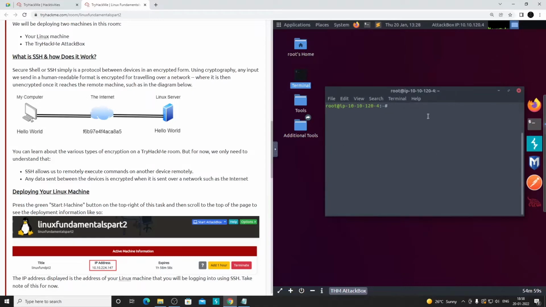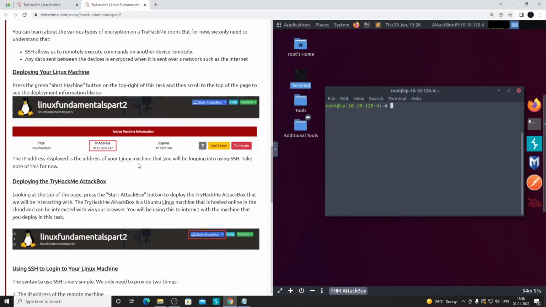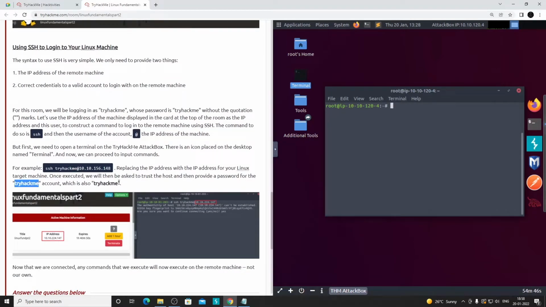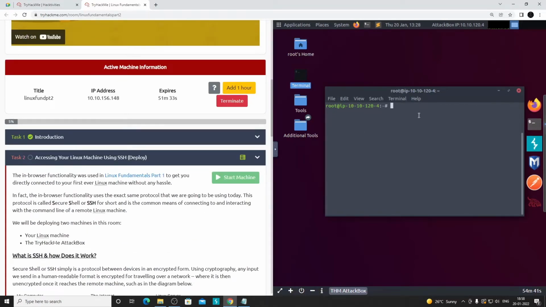Right now this is our Kali machine, and from this Kali machine we will try to remotely connect to this particular IP address over SSH. And let's see here, we are already given the username and password as tryhackme, and our remote machine IP is this. So the syntax that we should be using to connect over SSH is you put SSH then space, username of the remote machine. So that is tryhackme only. Then you put at the rate and then the IP address of that remote machine. So that is